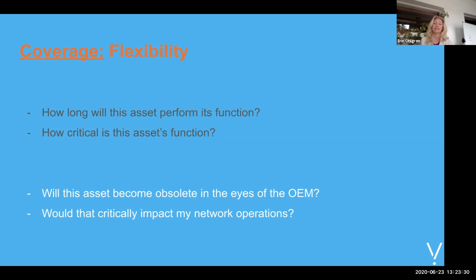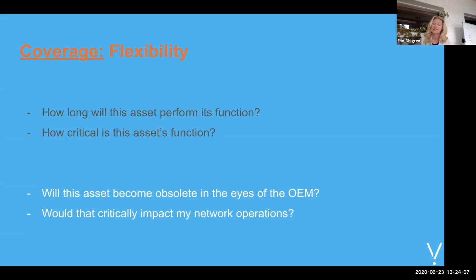That being said, it's always good to have an independent and objective view of where that equipment's sitting in your network, how it's functioning for you, rather than following the OEM mandates. The OEM is going to obviously be looking out for themselves and their own pocketbook, and oftentimes they're going to be pushing a refresh that's not necessarily needed for you. So again, start by looking at a technological reason, if there is one, then plan that roadmap out and have a strategy for where that equipment is in its life. And if the plan is to decommission it, how are you going to support that equipment through that process?